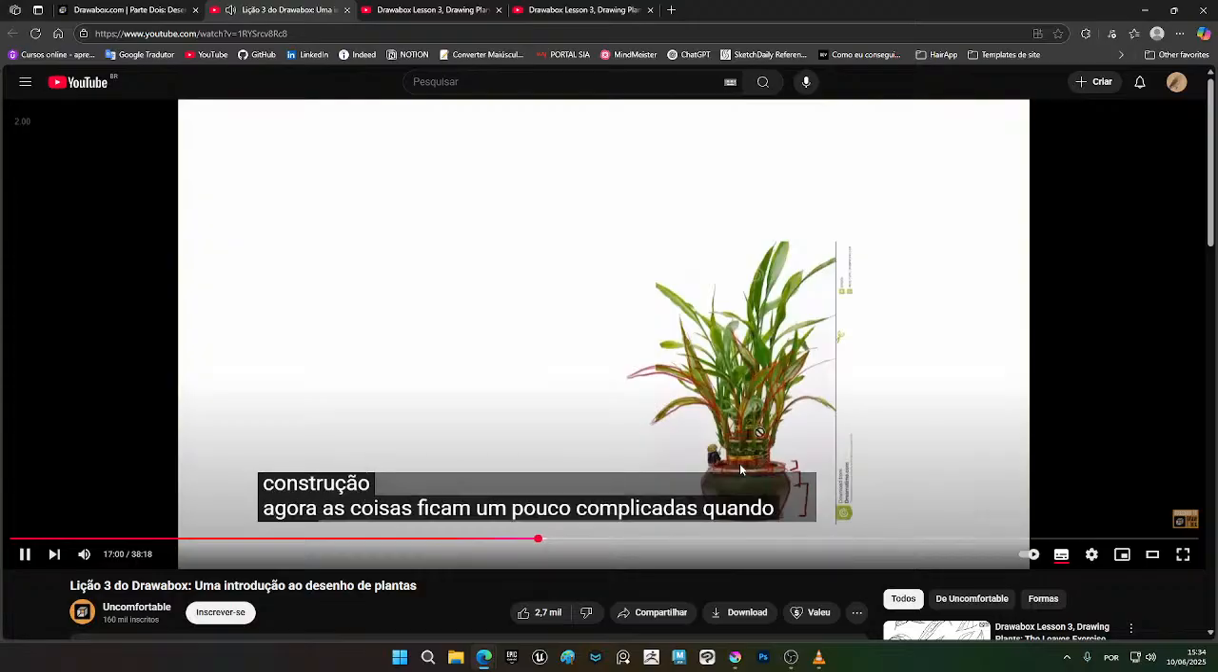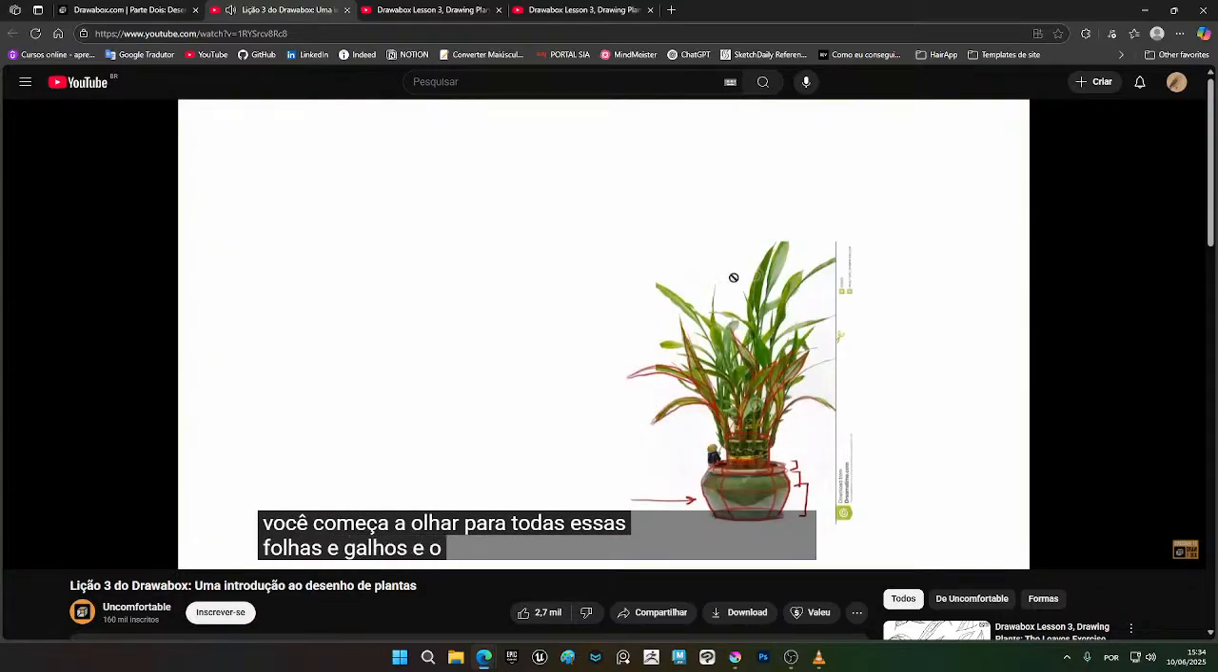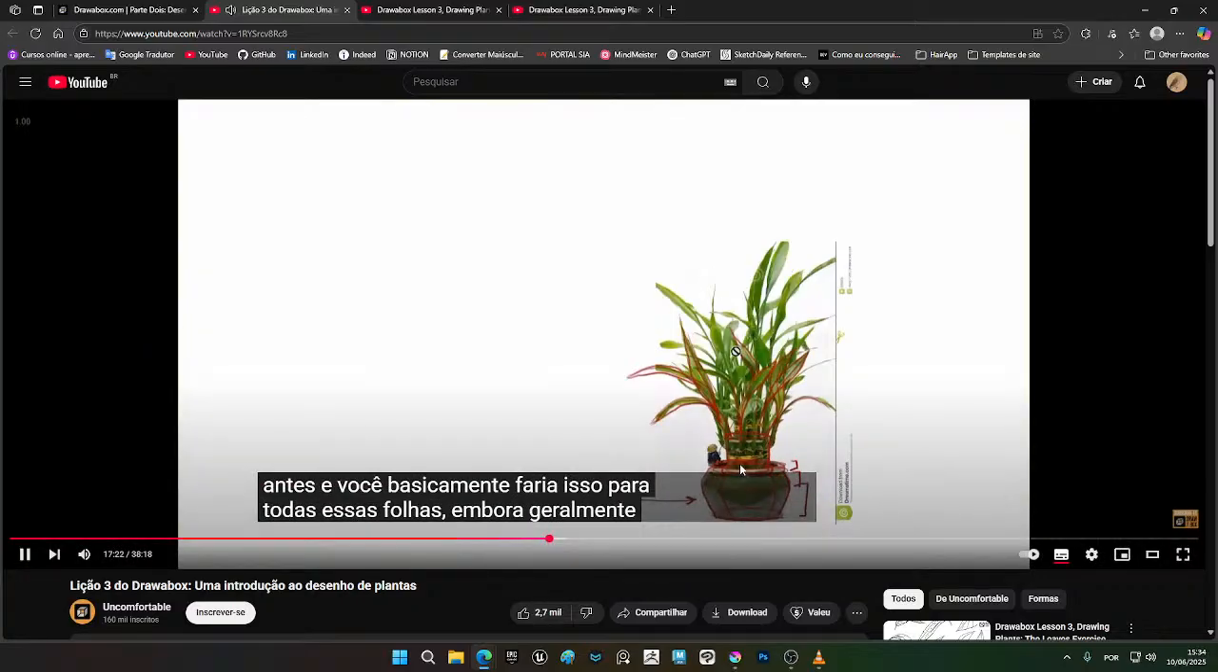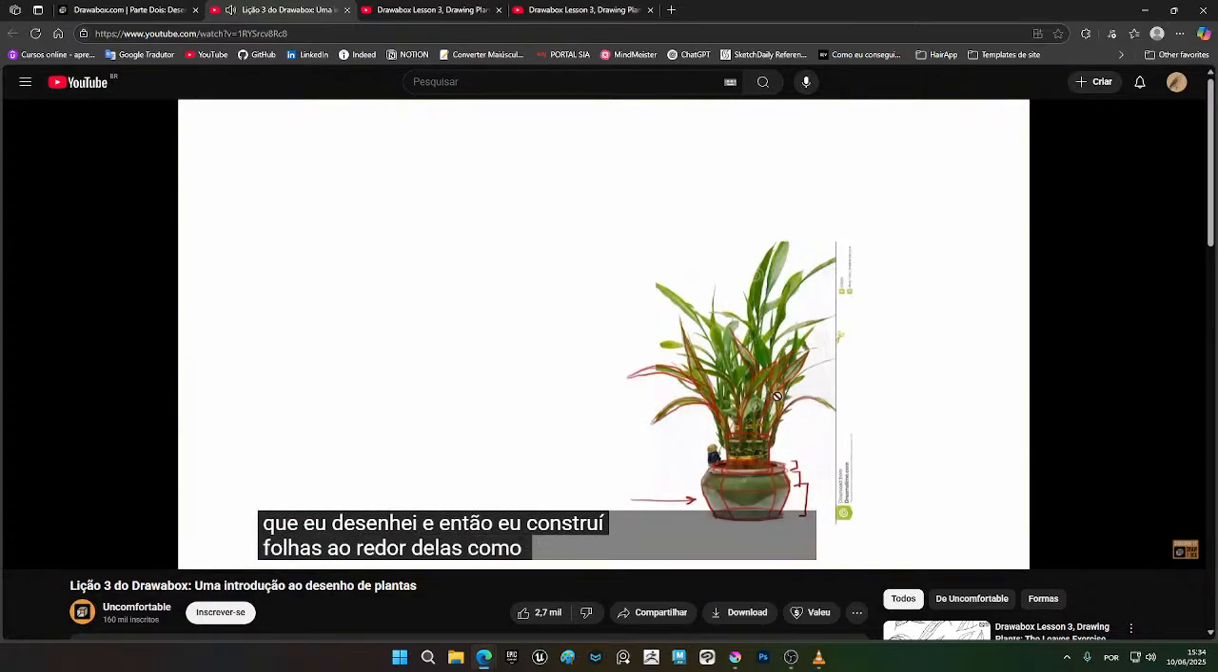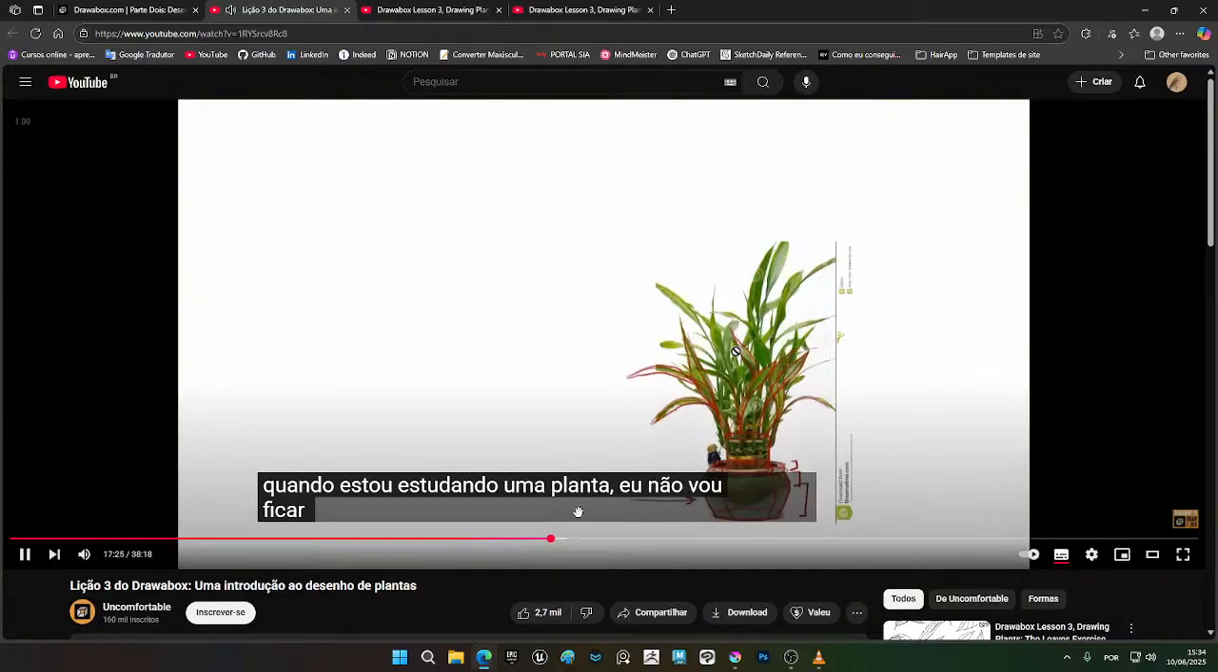Now, things get a little bit tricky when you start looking at all of these leaves and branches and whatever they are. So I've broken down a few of them, and you've got the center lines that I've drawn in, and I've built leaves around them like I showed before. And you'd basically do this for all of these leaves, although generally when I'm studying a plant, I'm not going to be overly preoccupied with